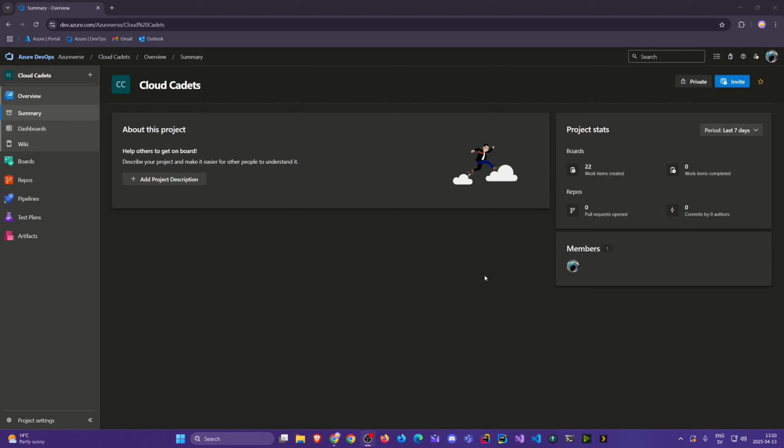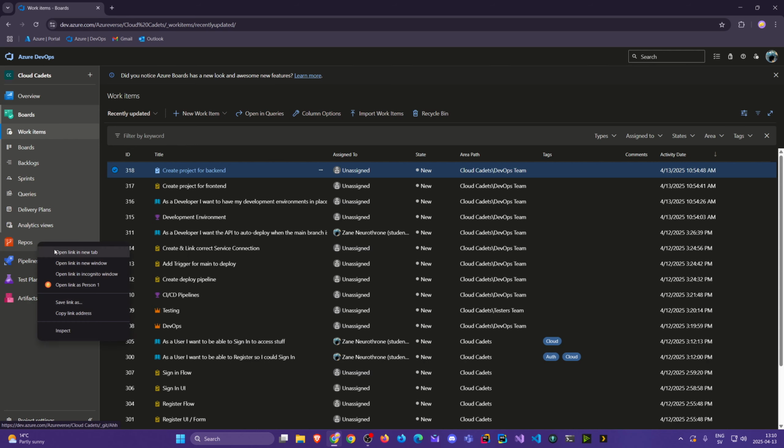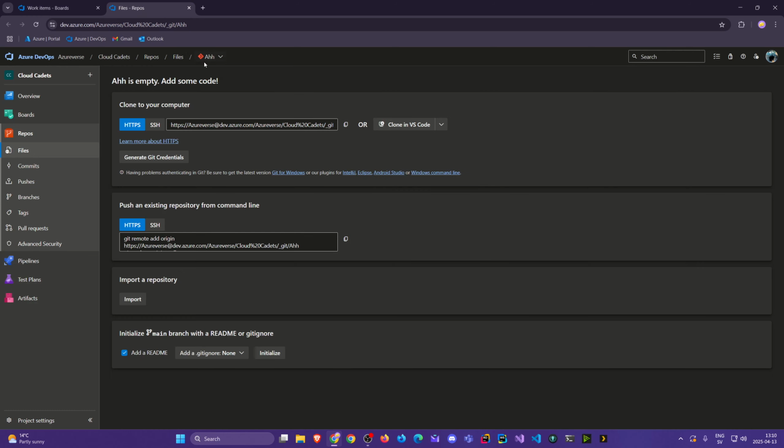Alright, Cloud Cadets, in this video we are going to set up my environment. Two things. I'm going to open the boards here, and then I'm going to open the repos in another tab. You can do that by right clicking and choosing open link in a new tab, or by clicking the middle mouse button. And if we go here, we see I've removed the other ones and kept the default one named